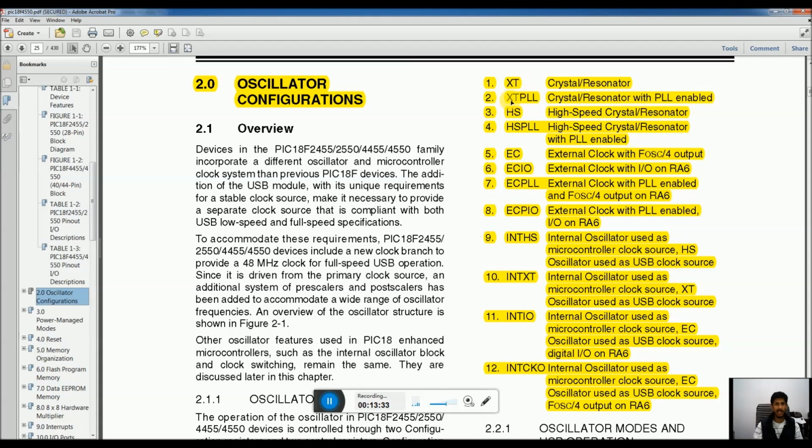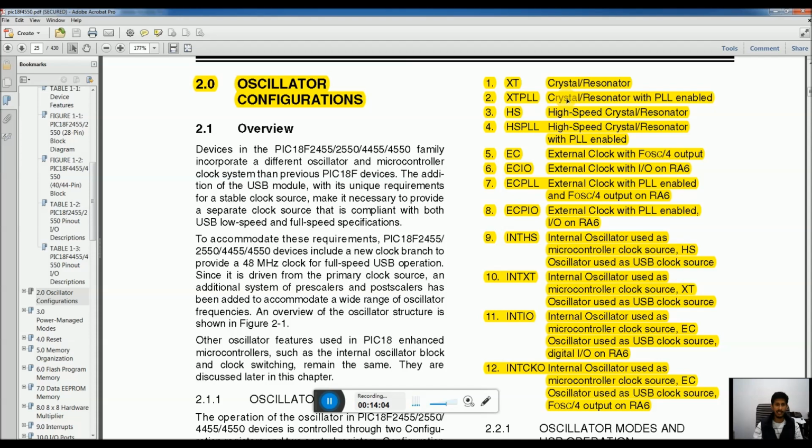Then we have XT-PLL. We can use the same external crystal oscillator to provide the master clock, but in scenario number 2, we can link it with an internal PLL peripheral of the microcontroller. PLL stands for phase lock loop, and it is used to multiply or divide the input frequency of any waveform.